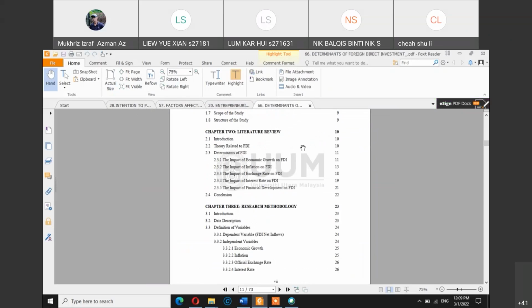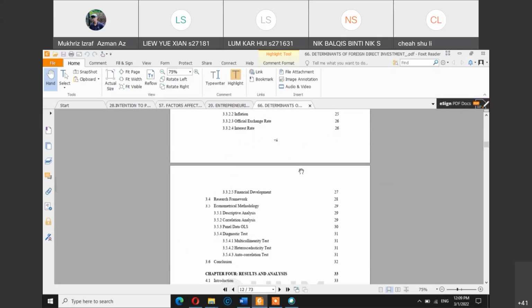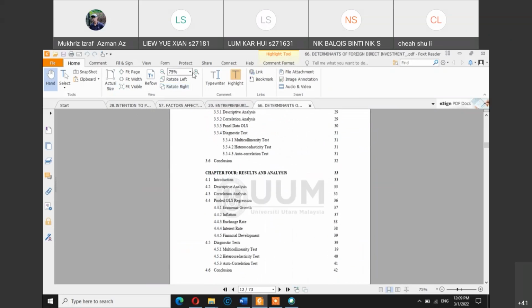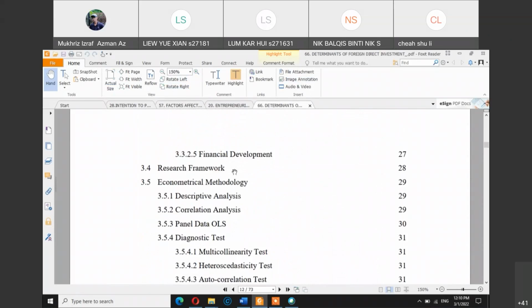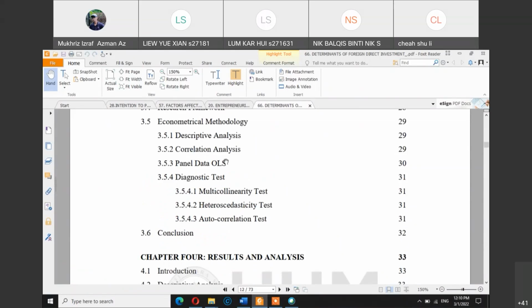Whenever a paper, journal article or thesis relies on secondary data, you will expect a regression technique to be applied. For example, in this particular thesis number 66, the student uses OLS, panel OLS. The student lists down all the relevant techniques or tests that will be applied in order to answer the research questions, beginning with the descriptive